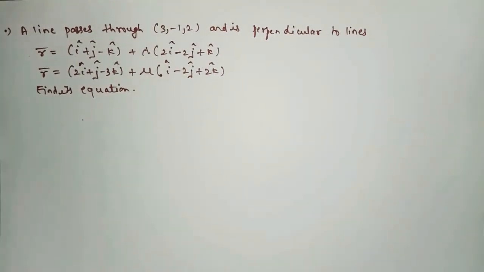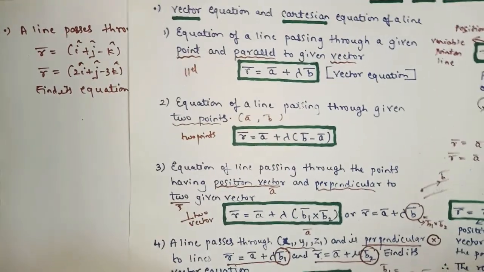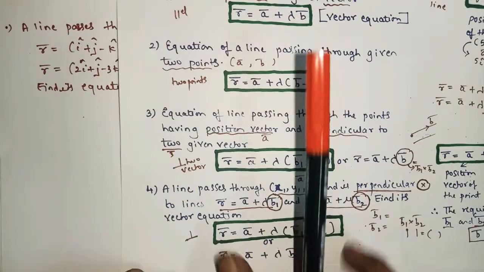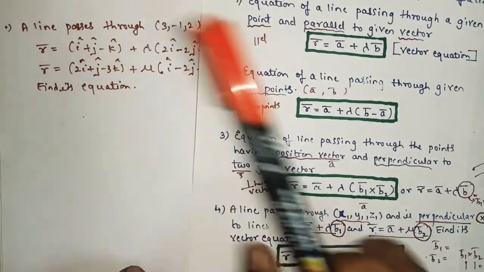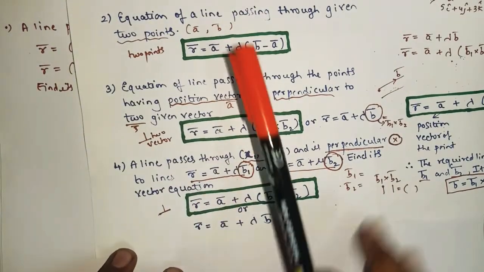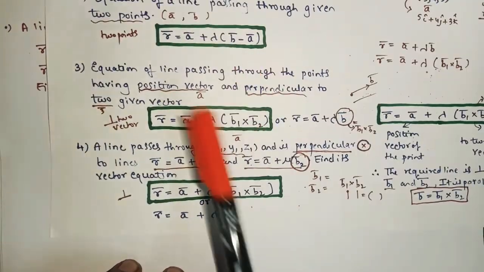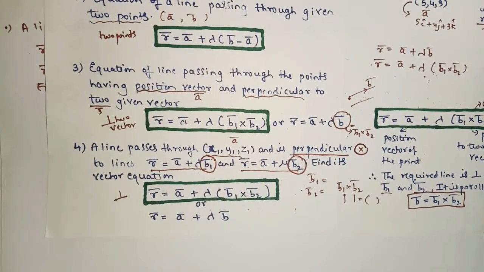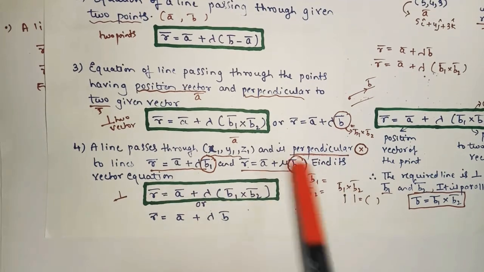As this question is a little different. The sum actually is not based on the Cartesian equation, it is based on the vector equation. As we had completed the sums based on the first, second and third formulas, we are left with the last one, and this sum is based on the last formula, the last concept. I hope you all might be knowing this also; I had explained it in the first video lecture, all the concepts.